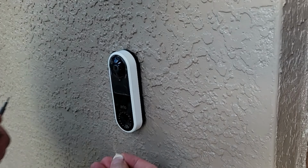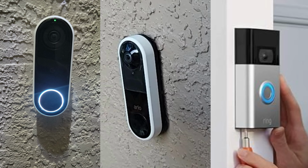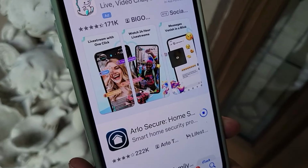Today I'm helping my neighbor out and fixing his Arlo video doorbell. So whether you have a Nest video doorbell or a Ring video doorbell, hopefully this fix will work for you, guys. Now if you have no signal from your video doorbell to your phone, what I suggest doing is going